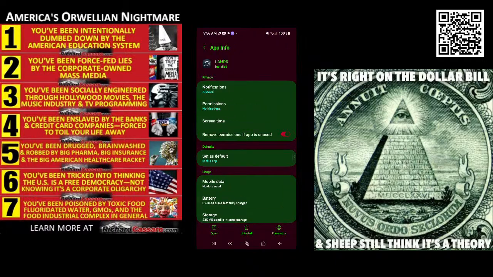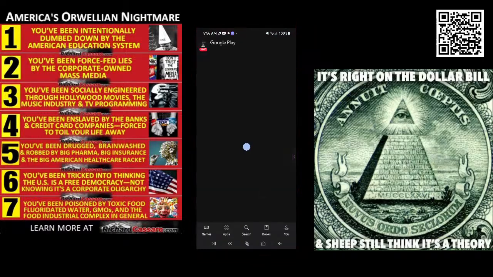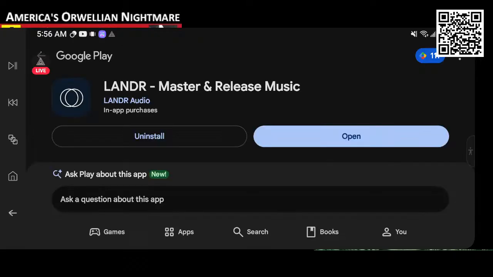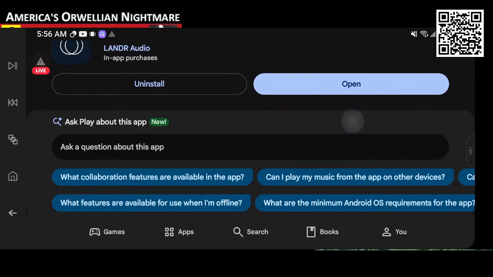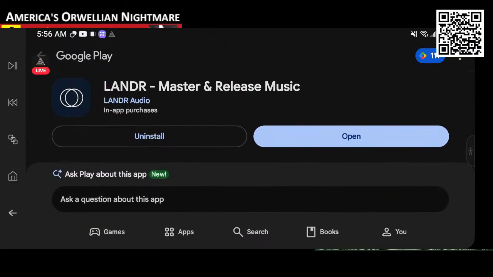The Google Play Store page. And this app helps you master the song, which is basically going to increase the volume, the bass, increase everything. Your voice is going to sound clearer, crispier.